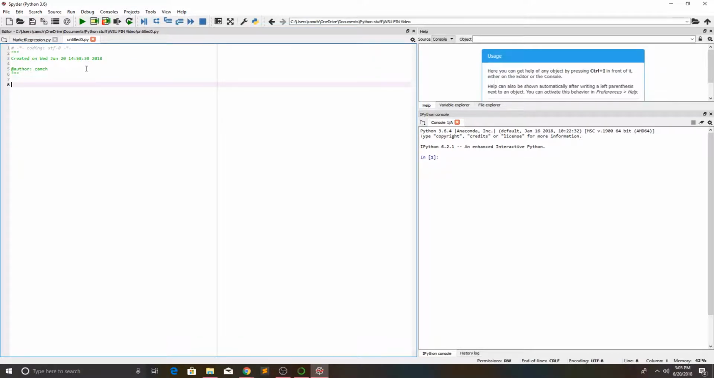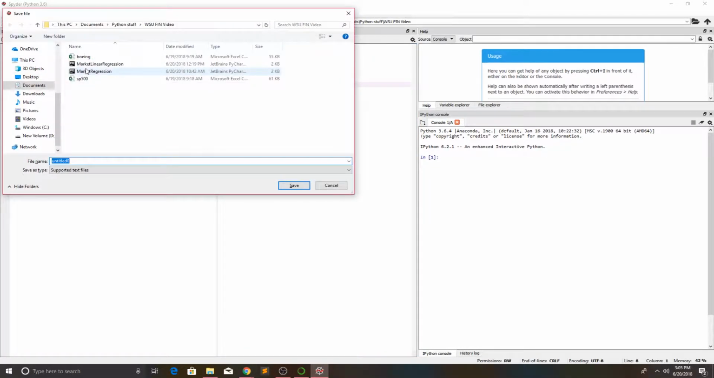So as you can see, this one isn't saved yet, but if I hit Control S, it'll open up a random folder, and I highly recommend saving it in the same folder as your data. So as you can see, it's opened up right here. I'm just going to save it as